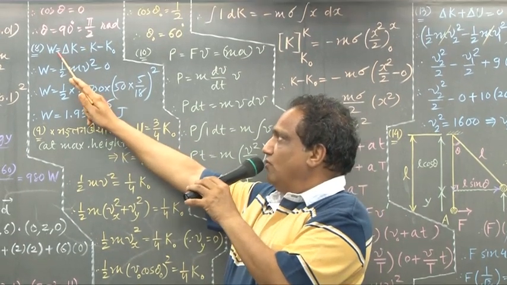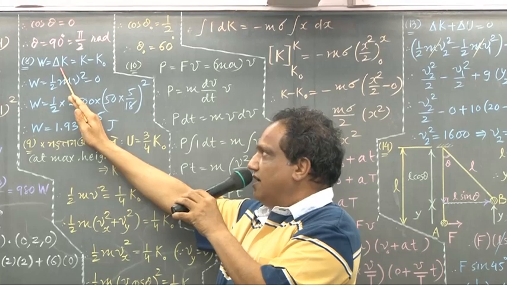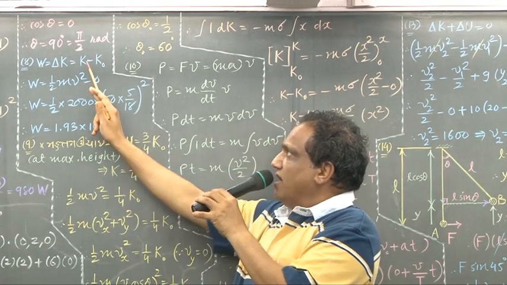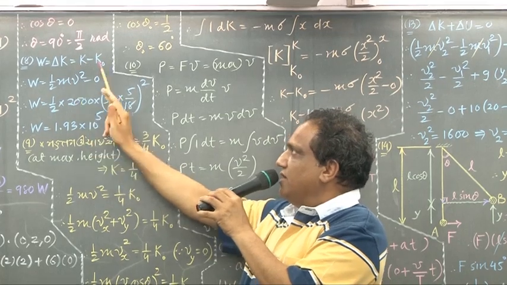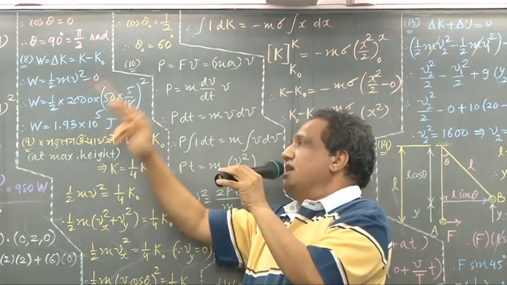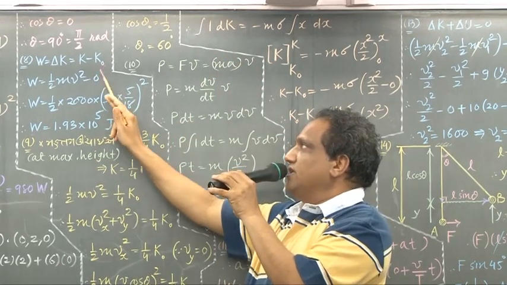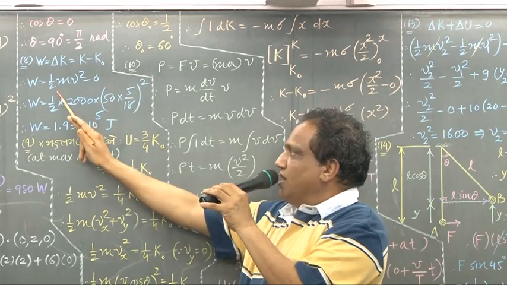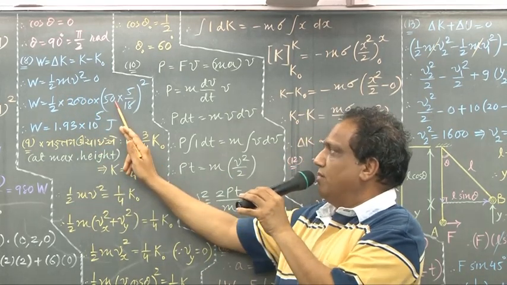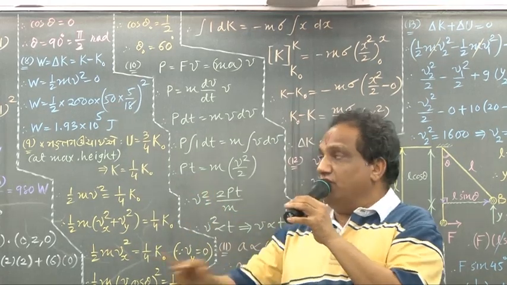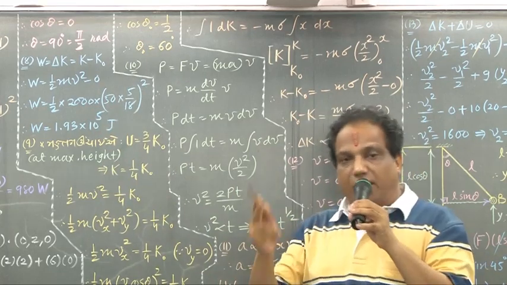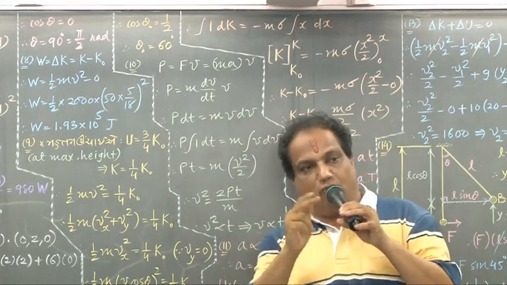Come on. According to the work energy theorem, W equals delta K. Change in kinetic energy is final minus initial. Final kinetic energy I am taking half mv square. Initial kinetic energy for the bus, because it was initially at rest, will be 0. Half, mass of the bus is 2000 kilogram, velocity they have given 50 kilometer per hour. When you are taking mass in kilogram, velocity must be taken in meter per second. Kilometer per hour, you convert into meter per second.